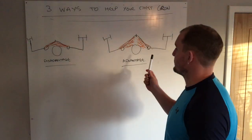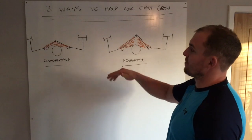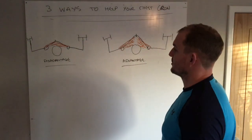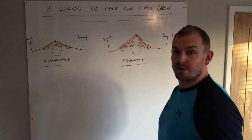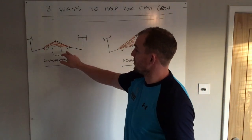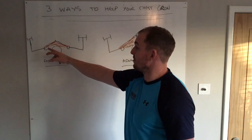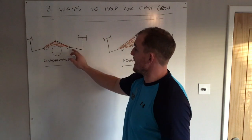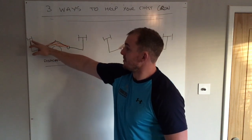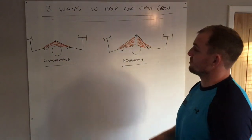So I've got 2 diagrams here today, and just imagine it's either 2 guys lying down on a bench and you're looking from the spotting point onwards, or you're looking from the top looking down at them. Obviously that's the head, that's the shoulder joint. In the orange is their pec major on both sides, and where they attach onto the humerus, just past the shoulder joint, and his arms are here with a dumbbell in each hand. So the 2 diagrams are just to stress